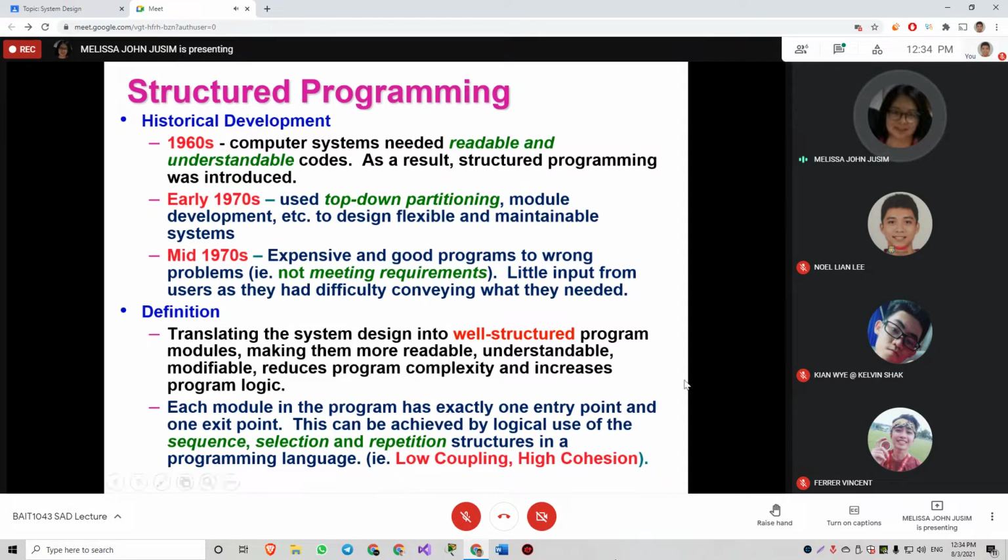At the end of the day, the program logic will be focused on, and the module will have exactly one entry point and one exit point. I'm sure you have learned this in your problem solving programming: the three basic structures, which are the sequence, selection, and repetition structure.